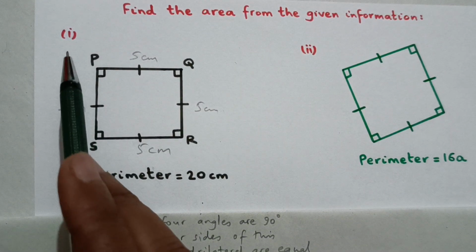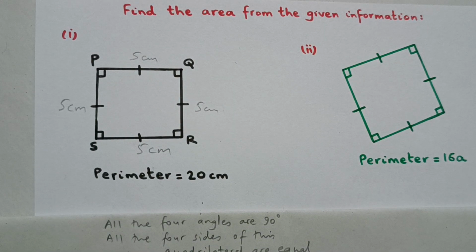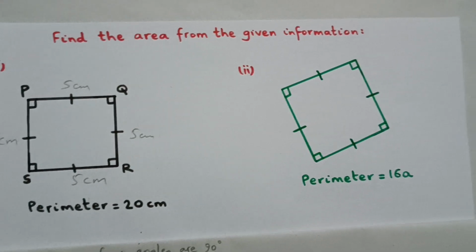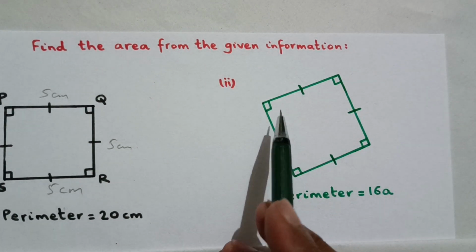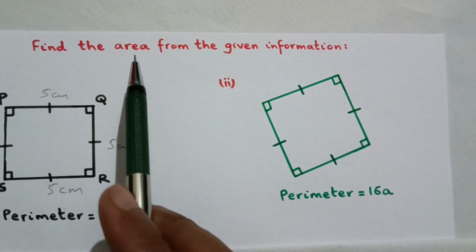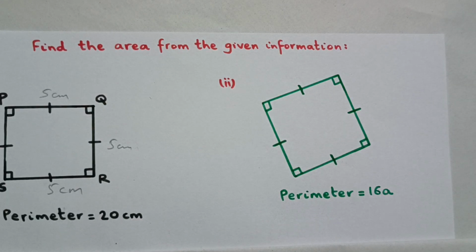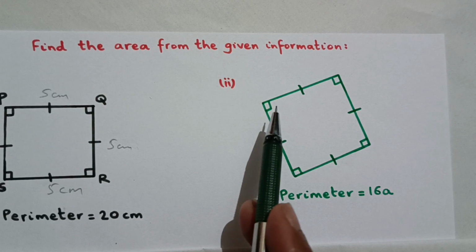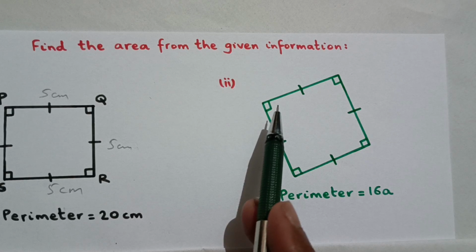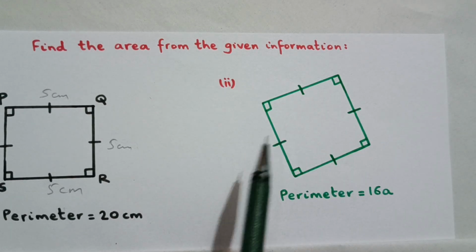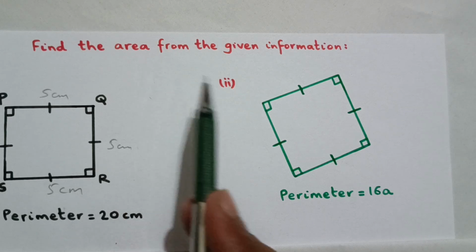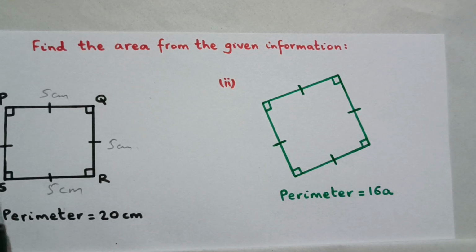So we have solved question number 1. Now let us go to question number 2. So in question number 2 we have been given this diagram and we have to find the area of this given diagram. So let us start solving it. So here in question number 2, the diagram that is given to us is that of a quadrilateral. So we have to find the area of this given quadrilateral. So first let us determine what type of quadrilateral is this, and based on that we will apply the suitable formula to find the area of this given quadrilateral.